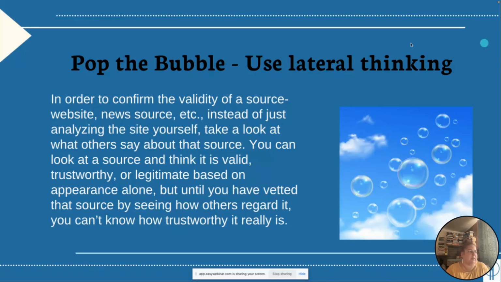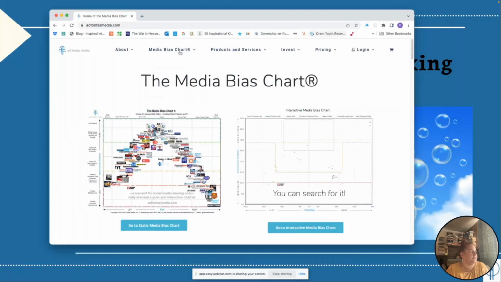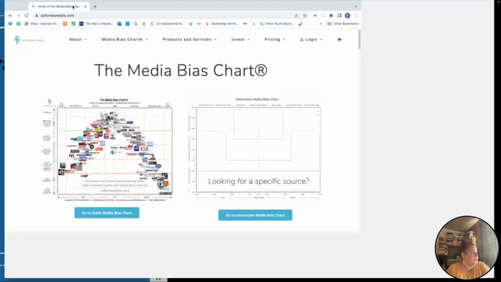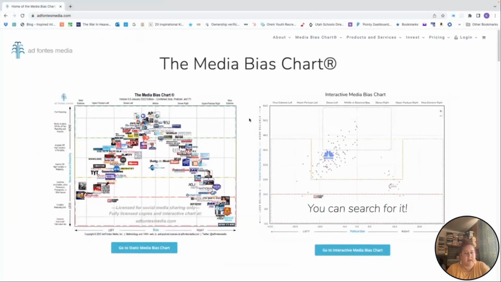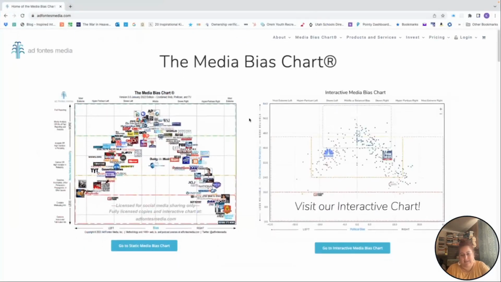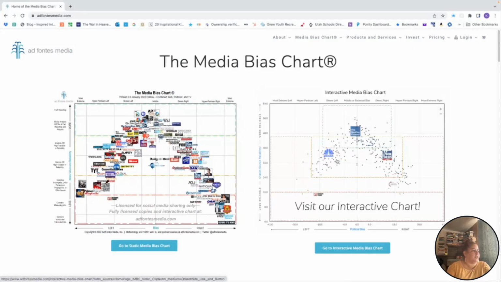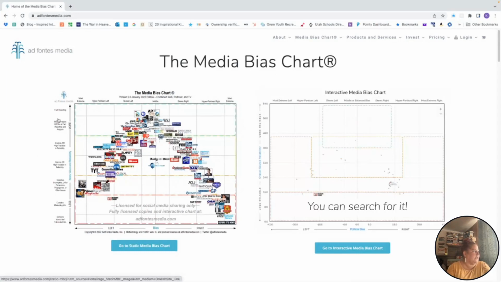I'll just put it on my screen real fast so I can show you what I mean. And this is the important part of this, because I'm really not trying to advocate that one thing is better or not than the other, but it's understanding that bias, right? The reason why I like this one is because they're tracking stuff. You can kind of see here that they're tracking different sources, and that the axis, it's not just a simple